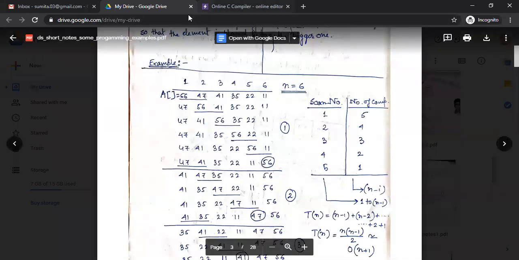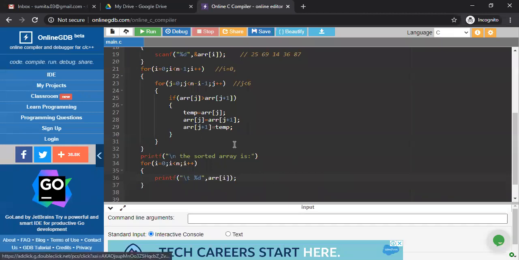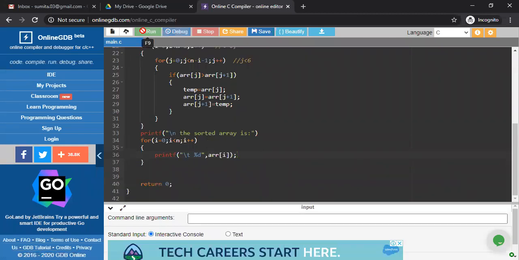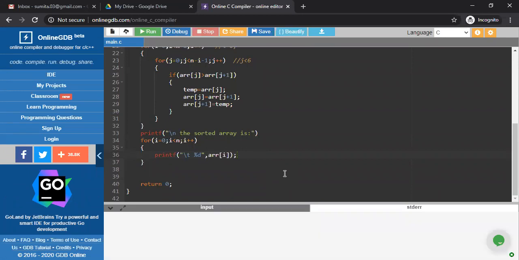So this is a simple program for bubble sort. If we run this one, see what the output is.